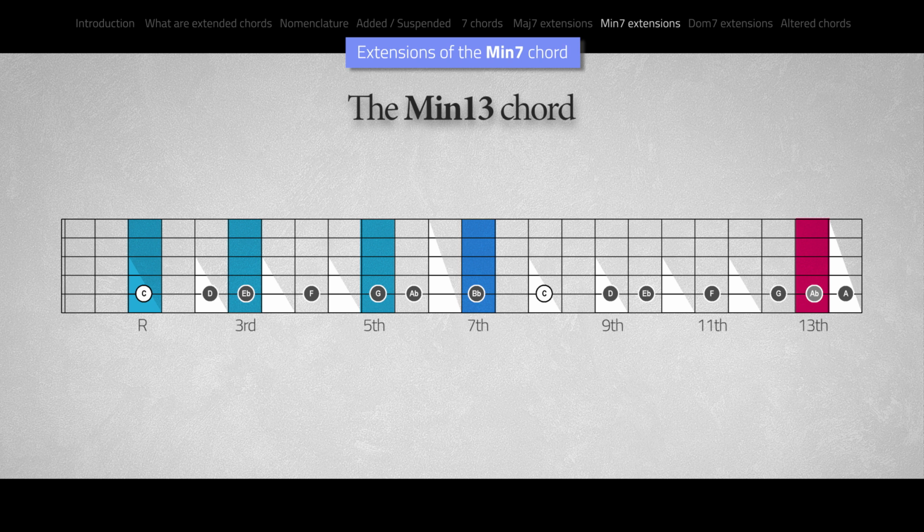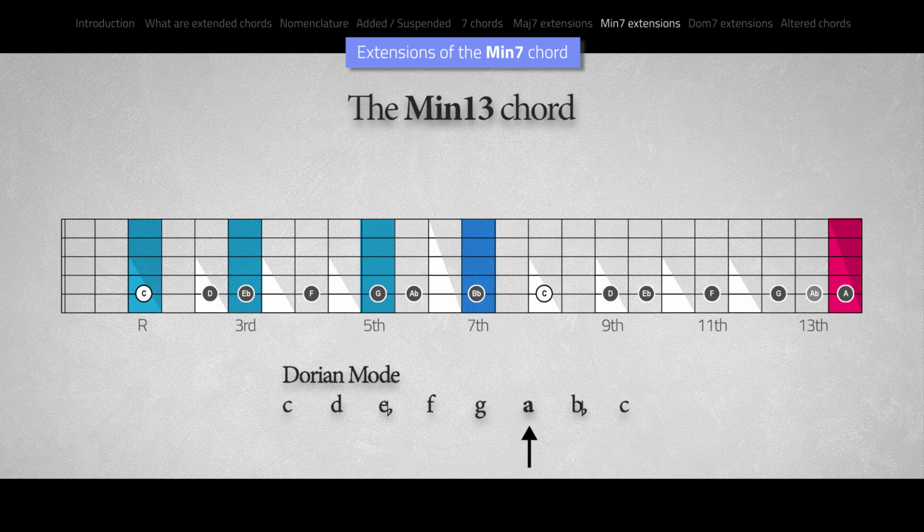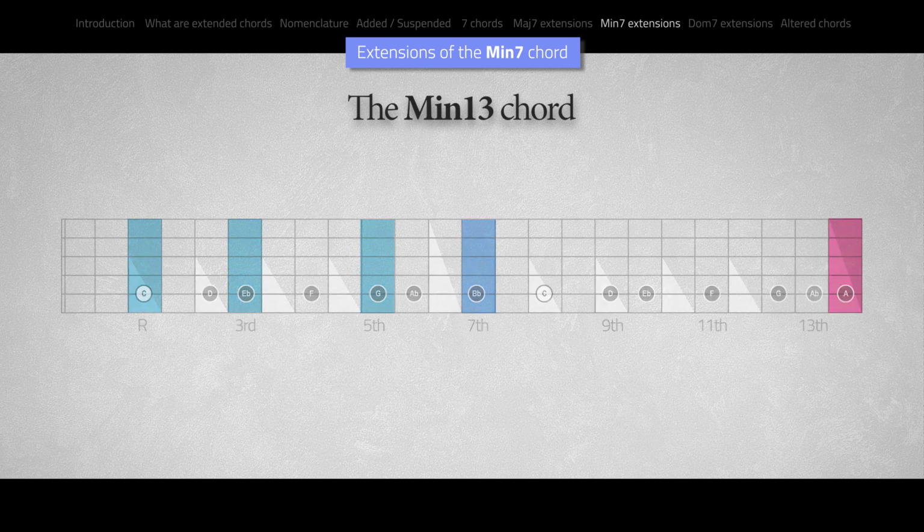Here we are dealing with an anomaly. A minor 13 chord uses a major 13 instead of a minor 13, which is native to the minor scale. So the 13 in a C minor 13 chord is an A instead of an A flat. So the minor 13 chord is especially useful in minor blues and even more in the Dorian mode, where the 6th note, which is the same as the 13th, is raised. Now, voicings for this chord are